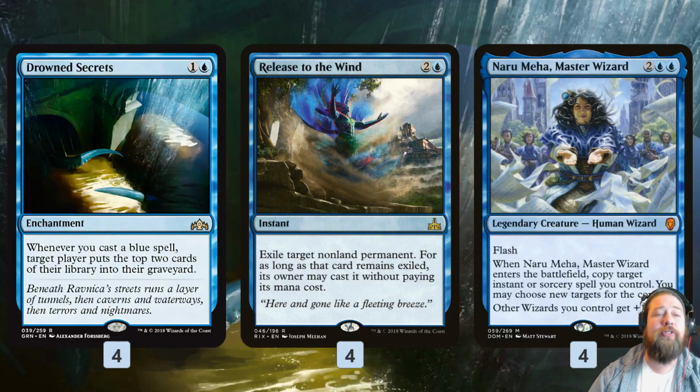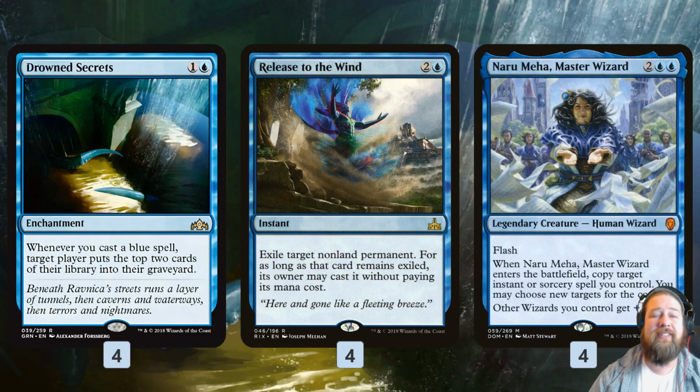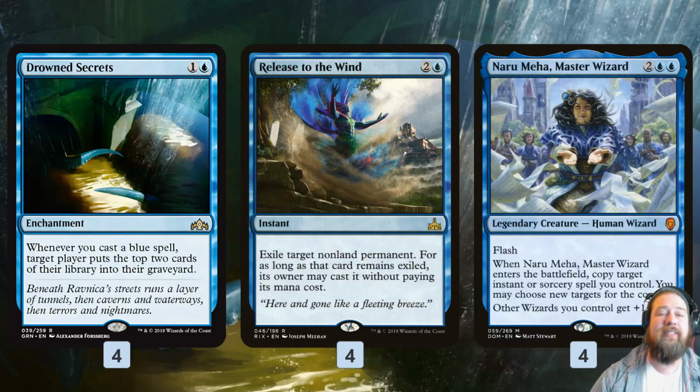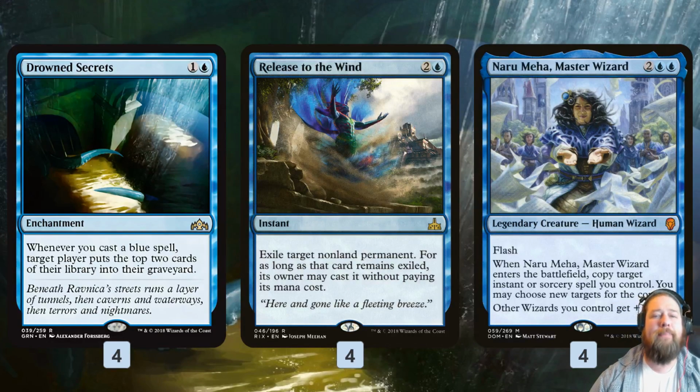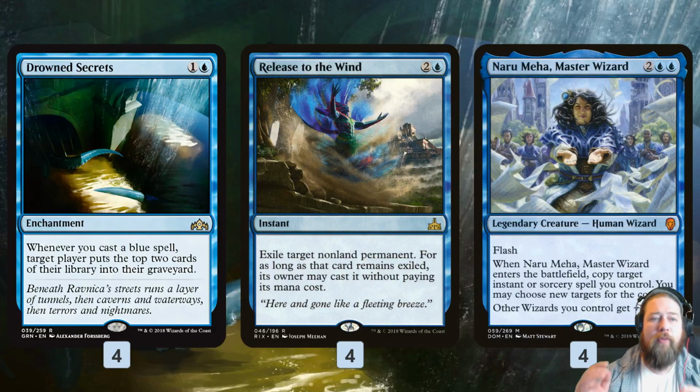We still have the first original copy of Release to the Winds on the stack, so we copy it with Naru Meha, and we do that again. We again recast our Naru Meha, copy that original Release to the Winds to blink our Naru Meha, cast it again, to copy the Release to the Winds. The end result of this is we basically are casting, and we really are casting, Naru Meha for free an